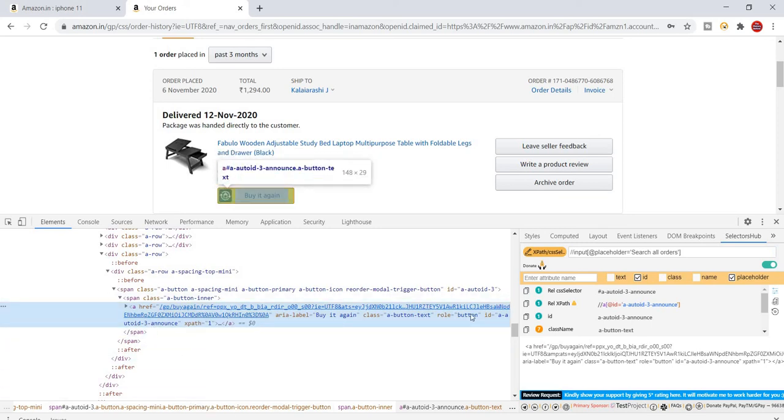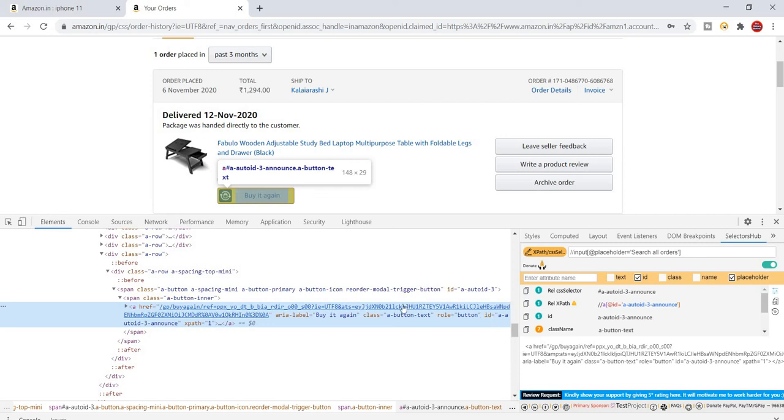This ID contains a number. Sometimes each and every time that number will change. Please avoid this kind of attribute value.